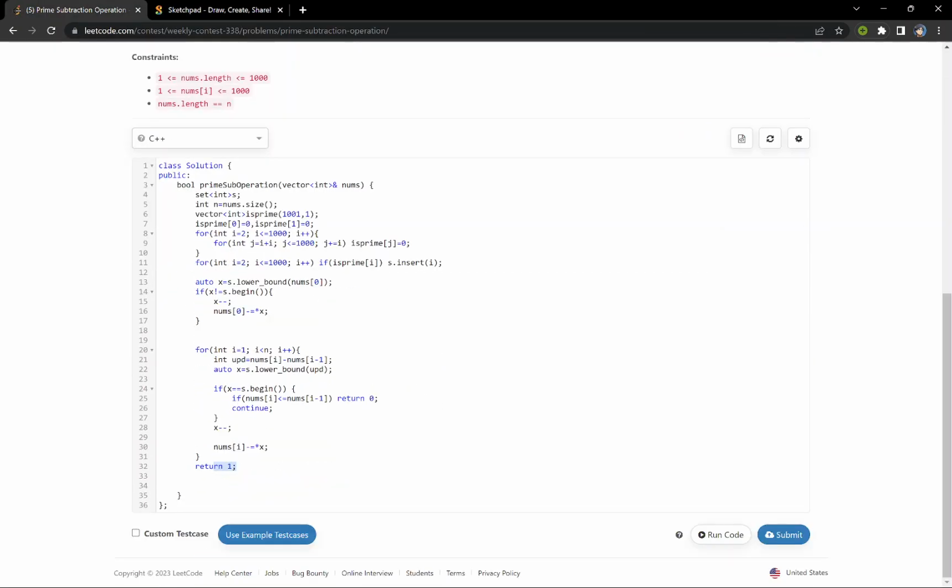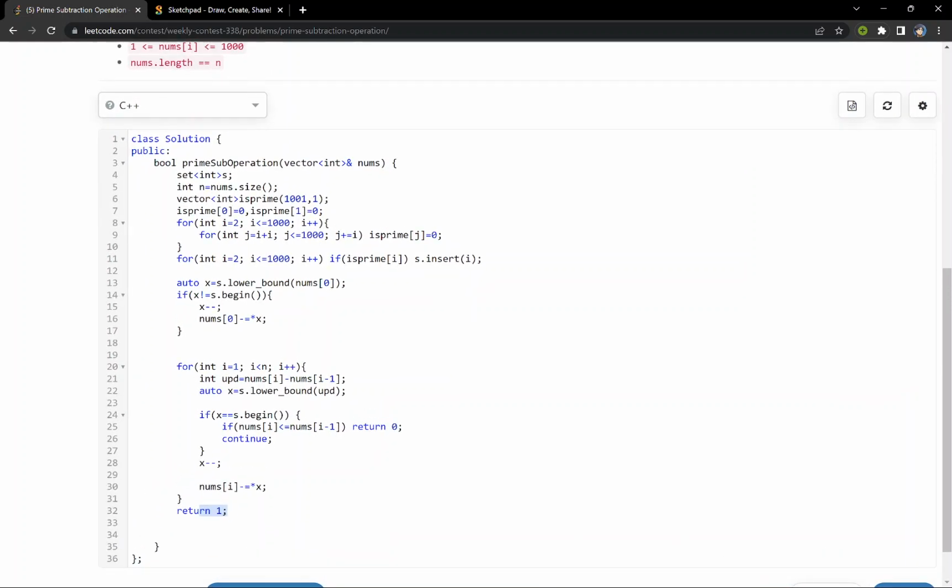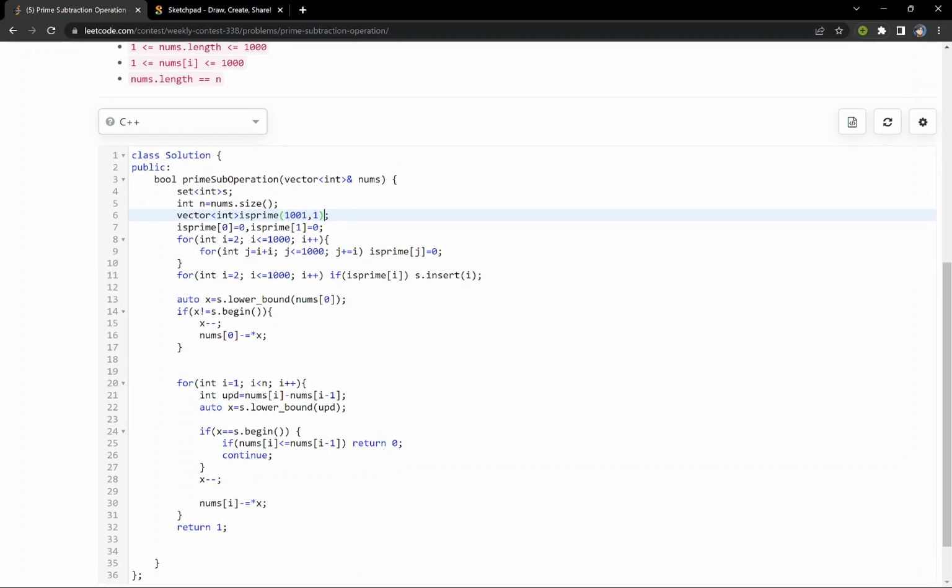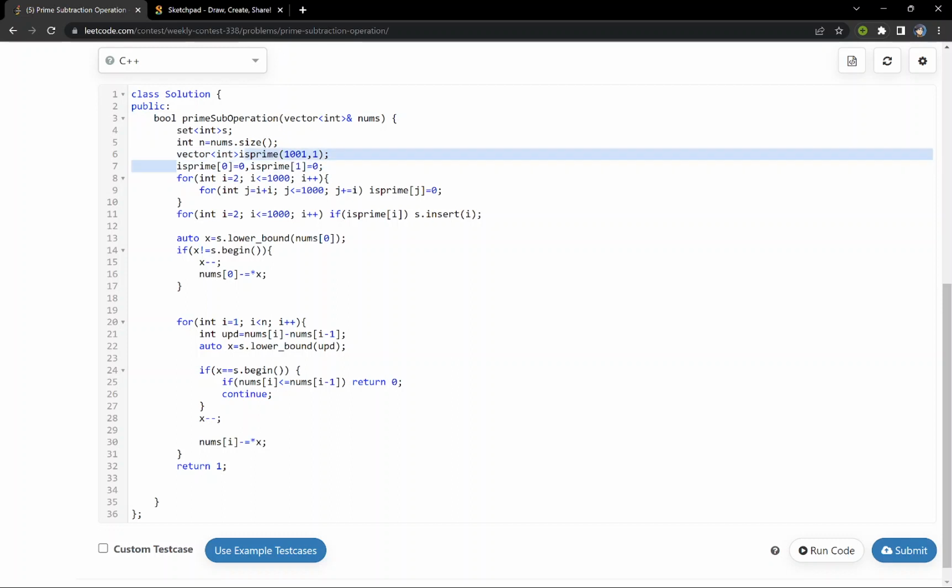I will show you my code. I have made a set to insert all the prime numbers, and I have made a vector of size 1000 because the maximum value of the given array can be 1000. So I have initialized 0 and 1 as non-prime.